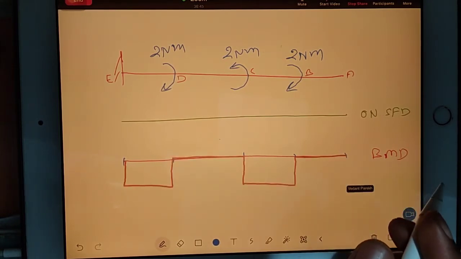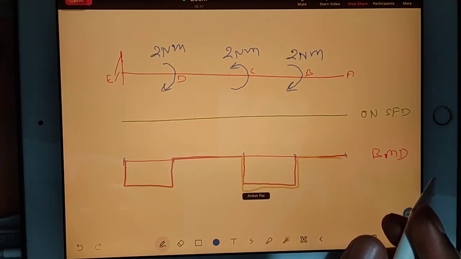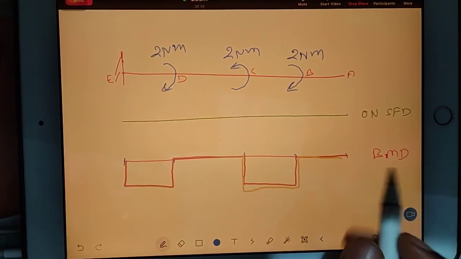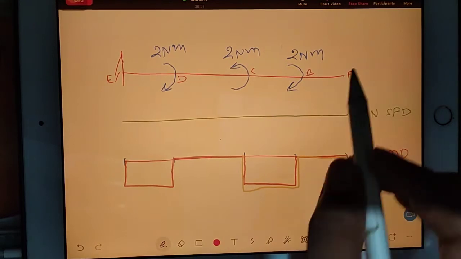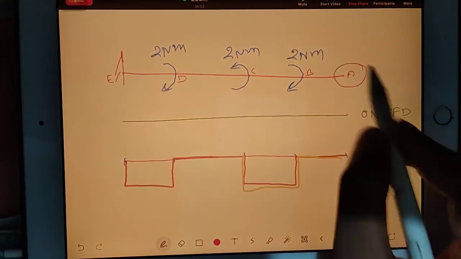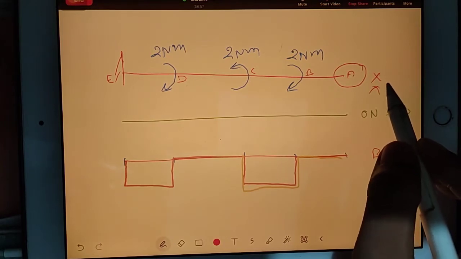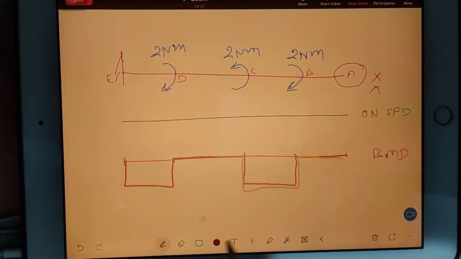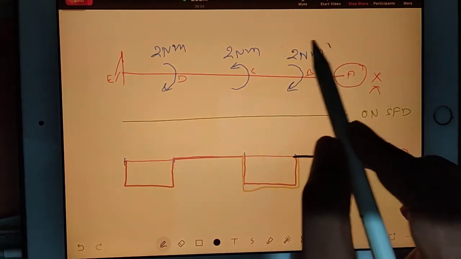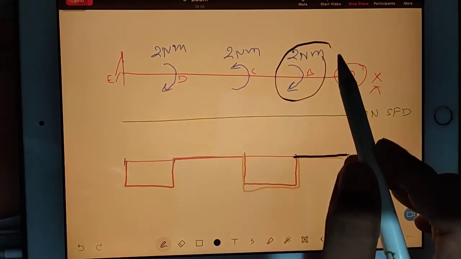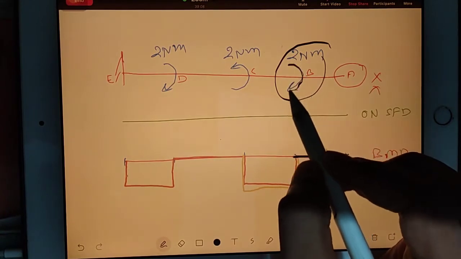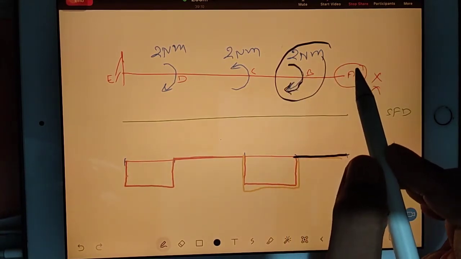Very good Vedant, it is absolutely right. Why? Let's understand. On this side we don't have a wall to offer any resistance or bending moment, so from here to here we have no bending, and suddenly we have a concentrated load. Because of that we will come down. Why down? Because it will produce what kind of effect? Hogging or sagging?